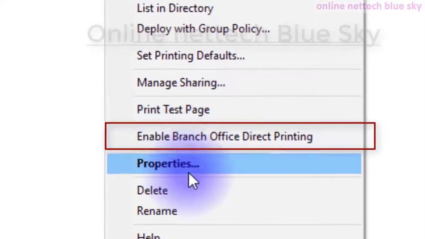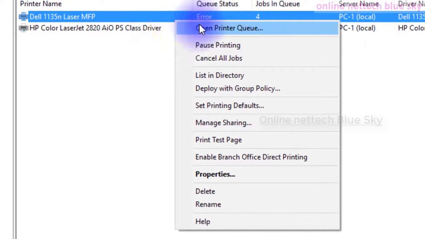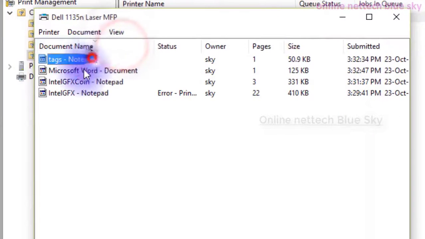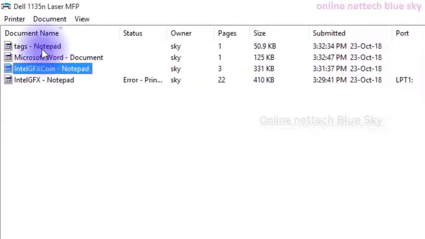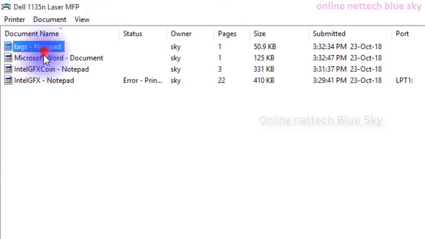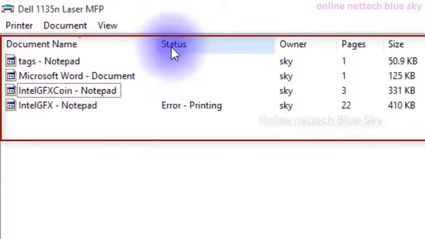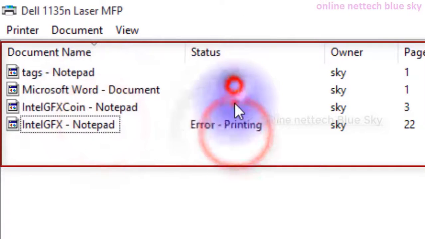And enable branch office, you can see enable branch office and different types of systems here. But I'm just showing you my document is not printing perfectly here. So in the background it always tries to print here, but this time it shows an error status for the same reason, and all of these are empty.